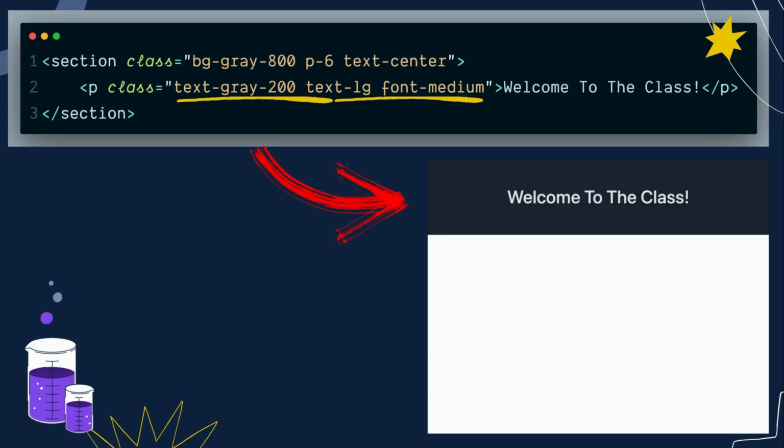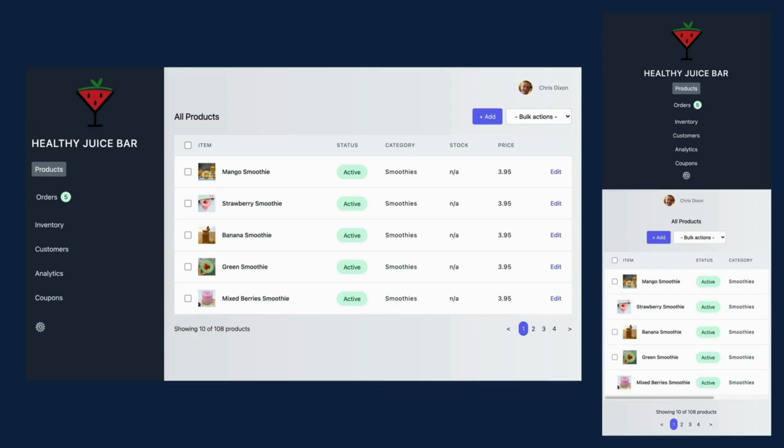Of course though, we don't want every site which we create to look the same, and we can still write our own styles if we want to. Tailwind has lots of customization options available to make our site more unique. During this class you will learn about these utilities and so much more that Tailwind has to offer, all while